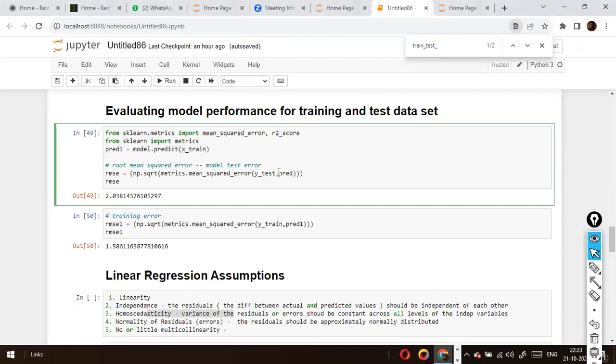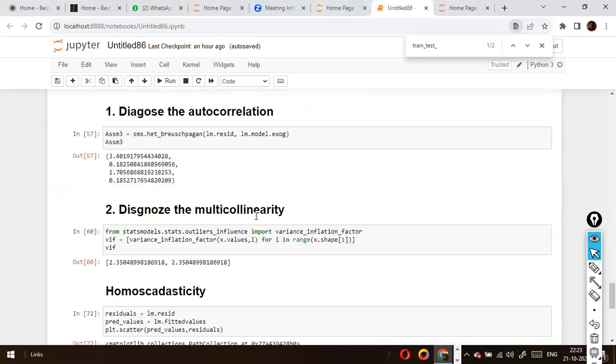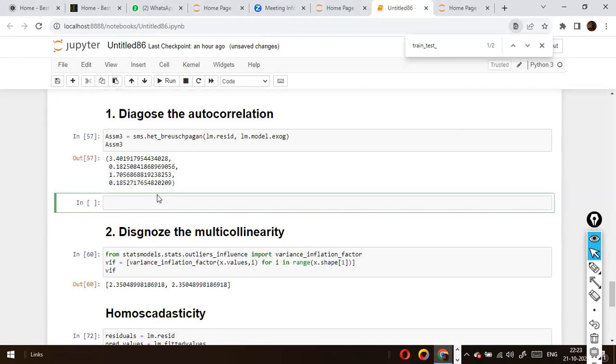So for that, we use the Durbin-Watson test. Okay, Durbin-Watson test. Where is the Durbin-Watson test? Here I have used the Durbin-Watson test. Sorry, not this one. Autocorrelation. For this we use